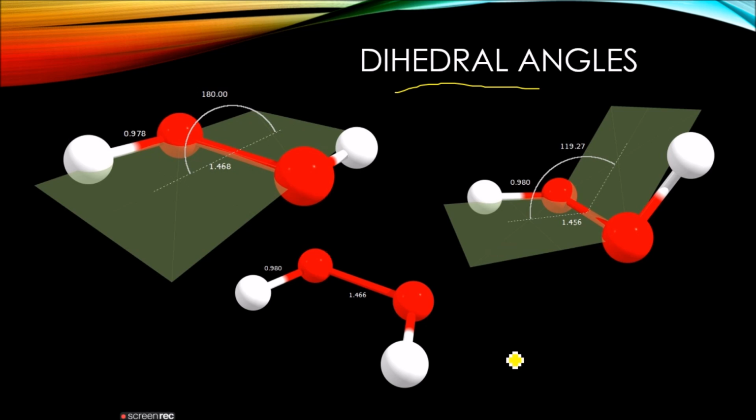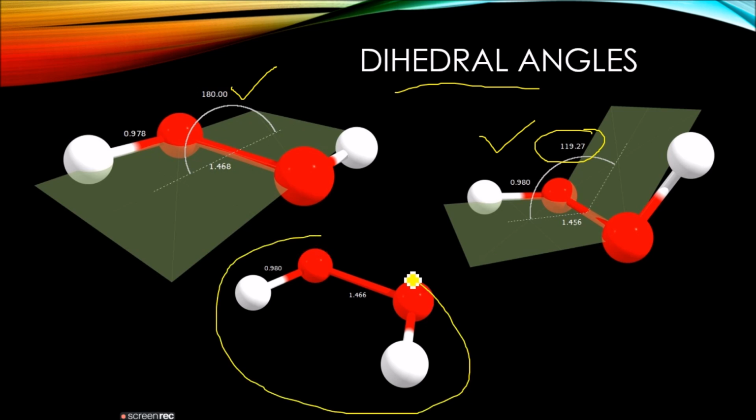So three important features have been obtained with the three different dihedral angles in your hydrogen peroxide molecule. For the 180-degree dihedral angle, the shape is found to be like this. For the 119.27-degree dihedral angle, it is like this. And for the 0 dihedral angle, see, the shape has changed. Your molecular geometries keep on changing according to the physical nature of the compound.